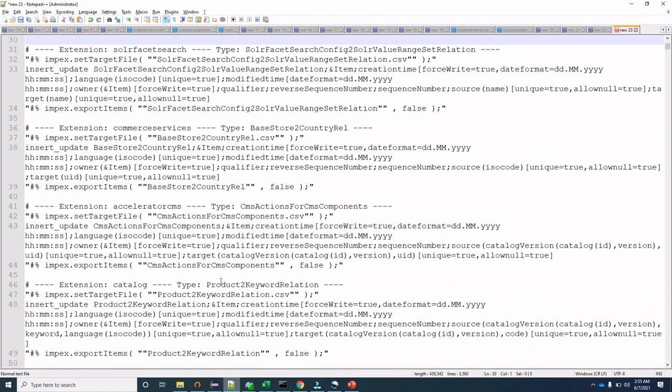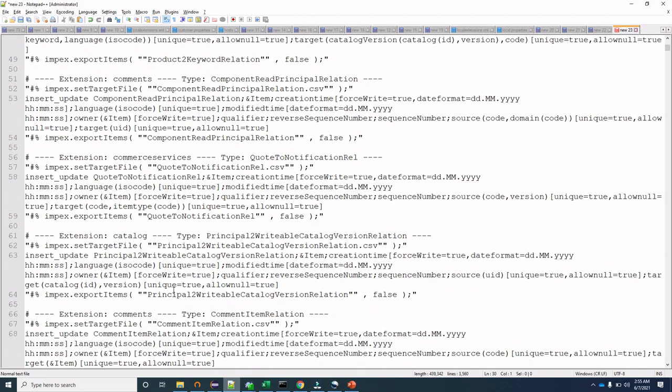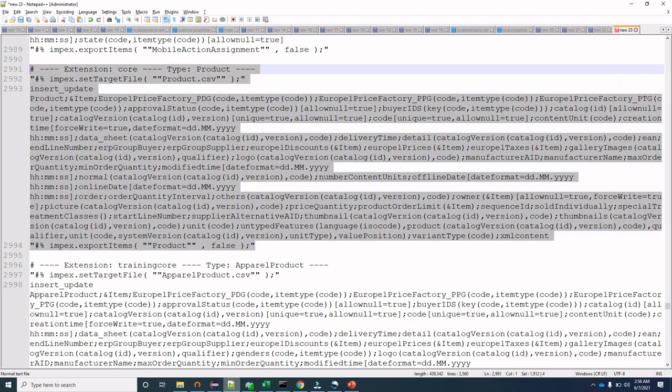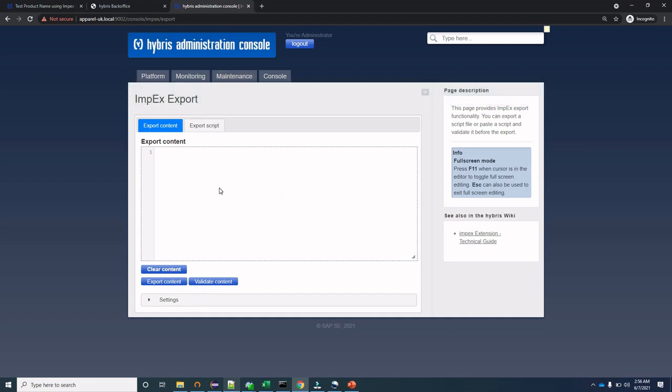Let's take one example. Let's export the products. Here we can see that the script is present for product CSV. Let's copy this. We'll go to the HAC export, and in the export content, let's paste this script.